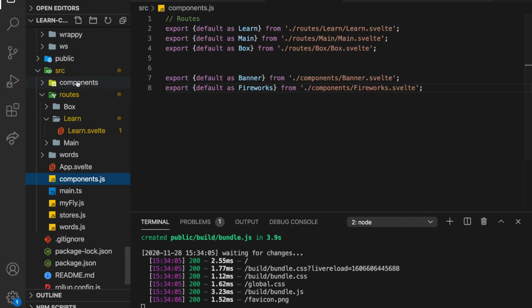That's about all there is for that. This one here is from my routes, and then I export them all from here. That way I can just